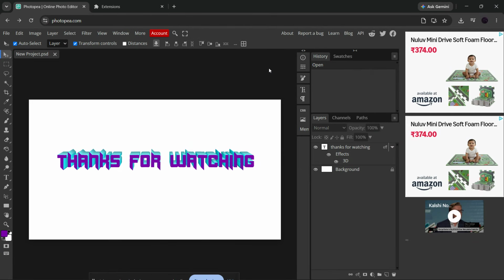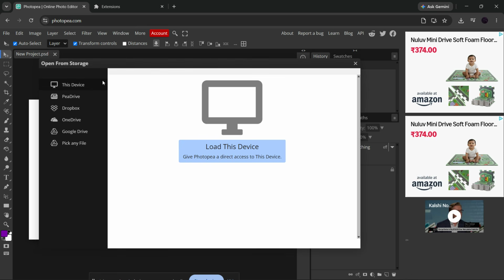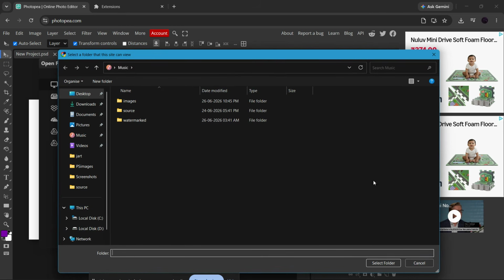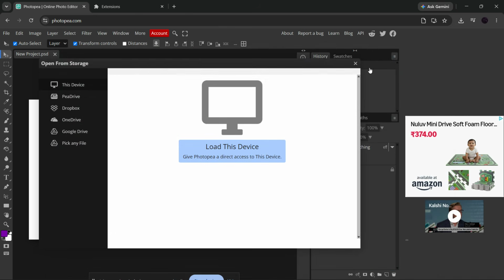First, let's talk about one of the best fixes, and that is switching Photopea to direct local file system storage. Sometimes the autosave error happens because Photopea is relying on browser cache or IndexedDB, and that can become unstable or full. To fix this, go to File, then Open More, and look for Live Storage or Local File System. Once you select that option, choose a folder on your computer, whether you're on a Mac or PC, and allow Photopea to access it. This gives Photopea direct read and write permissions to your drive, which is much more reliable than browser-based storage. After that, any changes you make should sync directly to your folder instead of depending on temporary